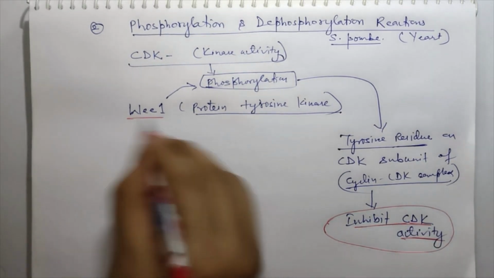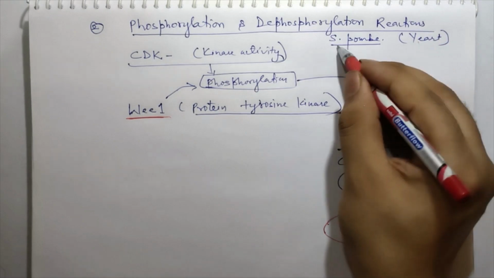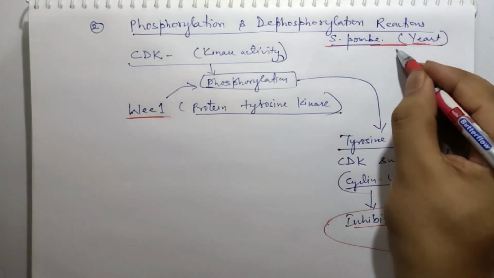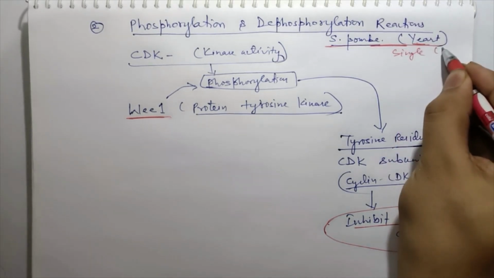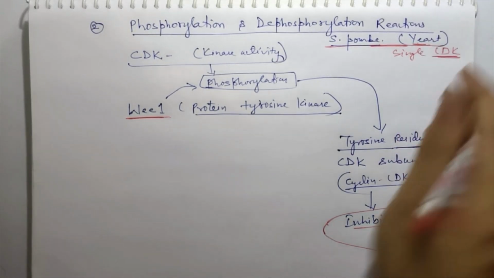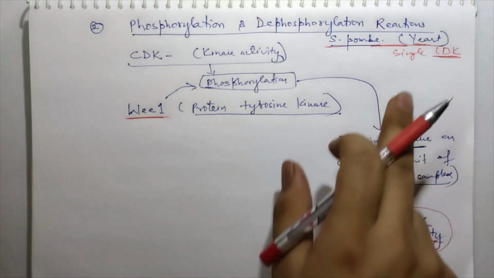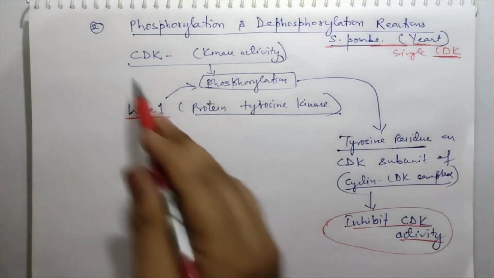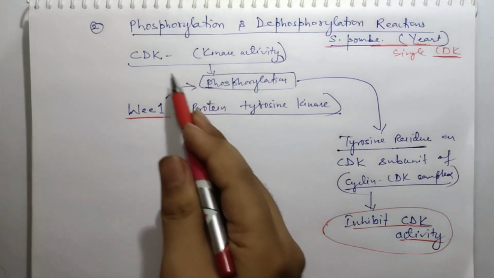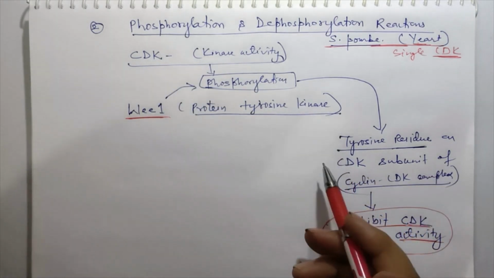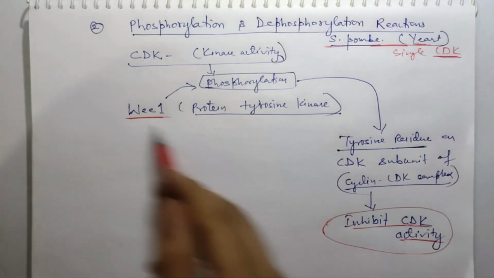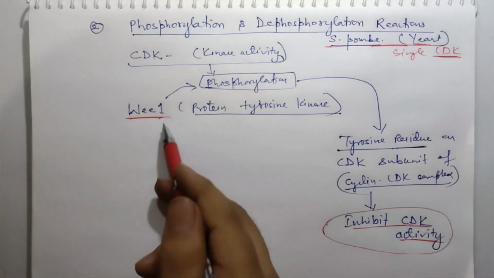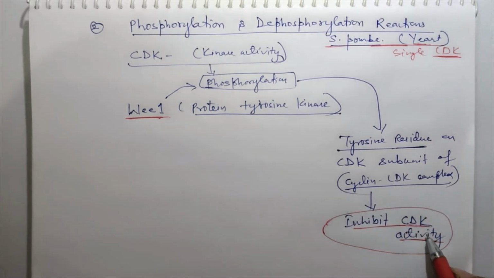So WEE1, in the case of yeast cells where a single type of CDK is responsible for different cyclin-dependent complex formation, if phosphorylated by this protein tyrosine kinase, subsequently inhibits CDK and its catalytic activity,